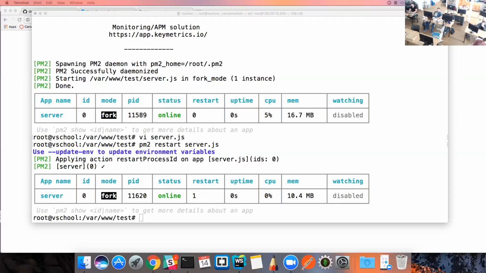Let's see. Oh, another thing that's nice about PM2 is that it will automatically restart your apps as it can. So if it errors and then you change the code, I think it restarts itself. I could be wrong. There's a lot of really cool things you can do. Yeah, I mean, these tools are, the more you